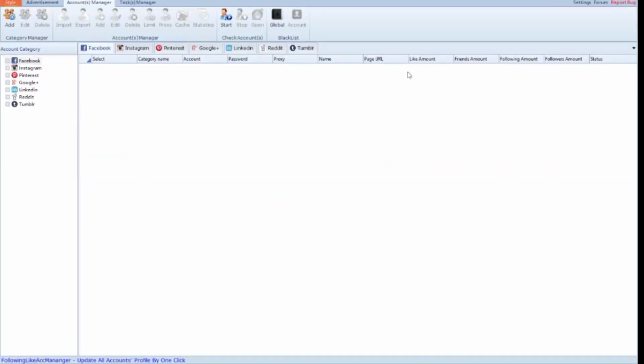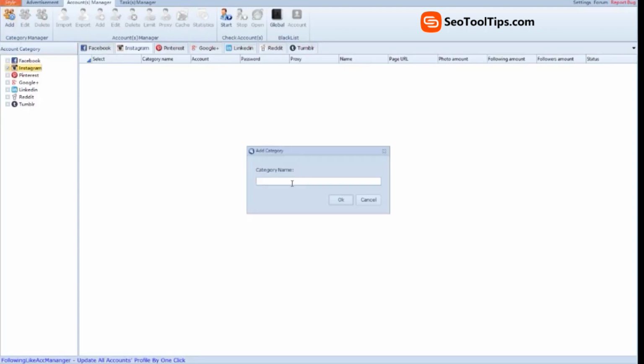Account of the new following like, and we can go ahead and start right now. So on the left hand side, you're going to have the account category. These are all the different kinds of accounts that you're able to log into. So what you want to do is click on Instagram before you click on the add button. So for instance, this one we're going to use Instagram, and I'm going to call it Instagram trial